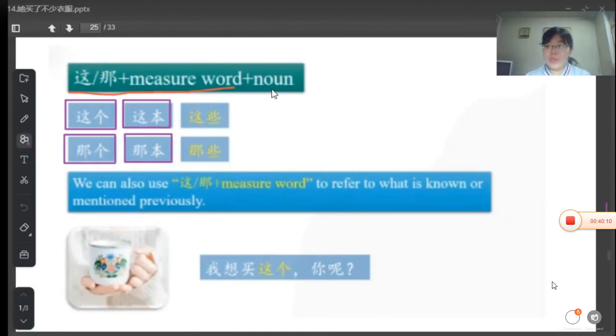We can also use 这 or 那 plus measure word to refer to what is known or mentioned previously. 我想买这个。I want to buy this one. 你呢？How about you? Why can we say 我想买这个? It's because before we just mentioned the picture content. 我想买这个。你呢？